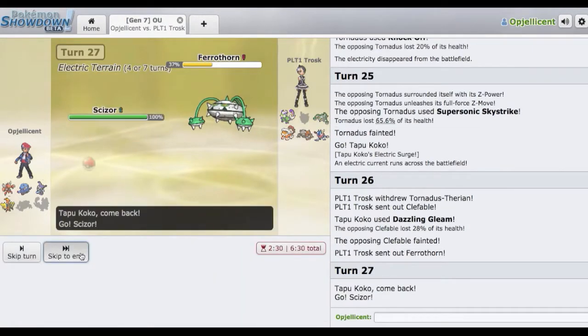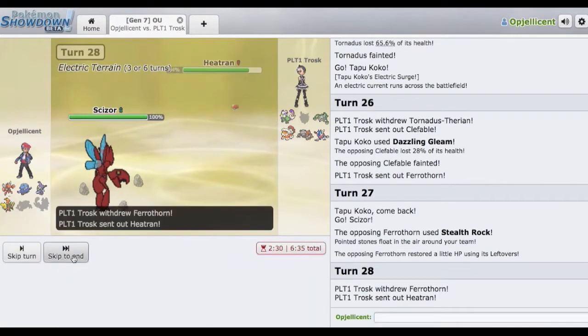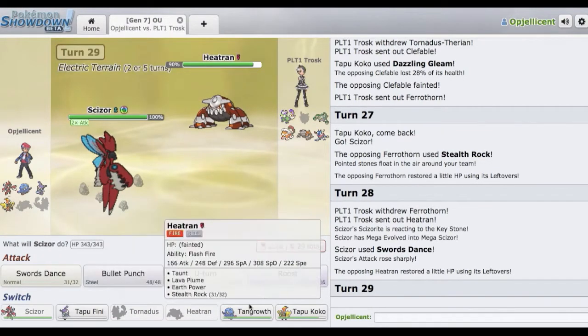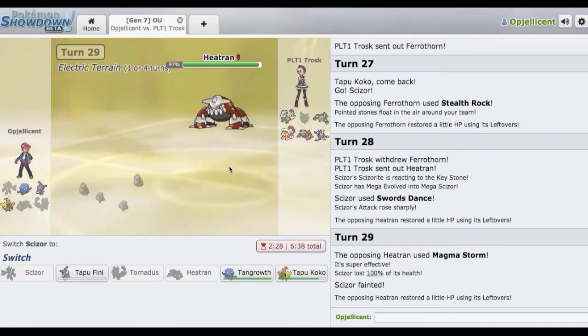I'm just going to go here into my Scizor on the rocks, and we're just going to start setting up. Well, how healthy is Tran, too? Tran's really healthy. We're going to Swords Dance up. And we should... outspeed. No, you know what? I'm not going to risk it. No, you know what? I will. He does connect the Magma Storm. I mean, we weren't going to...